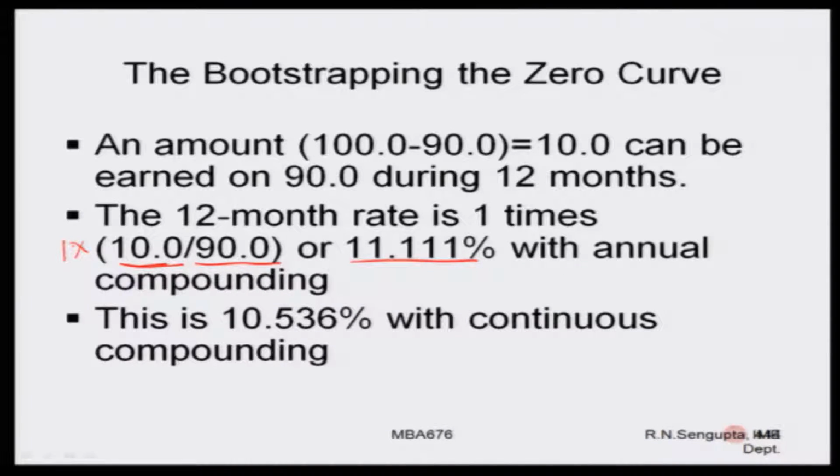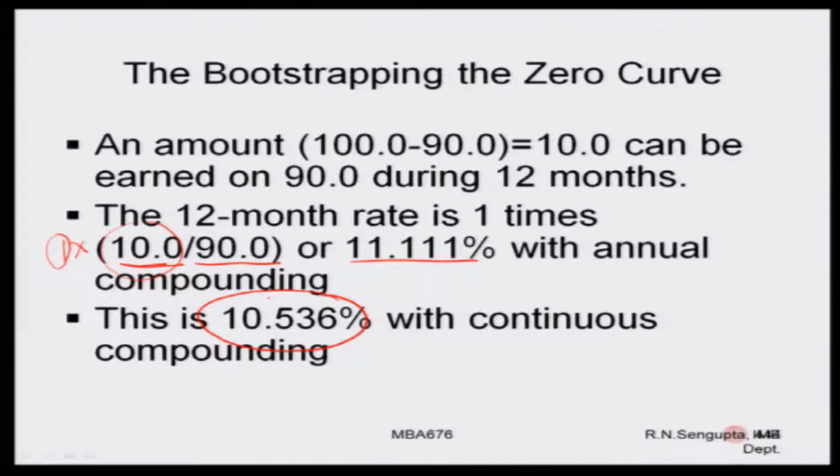So, in other cases it will basically be multiplied by the number of compounding you are doing, multiplied by the total amount you are receiving, and divided by the overall demand and supply value of the bond which you have. So, again if you convert it into a continuous compounding case, it comes out to be 10.536 per annum continuously